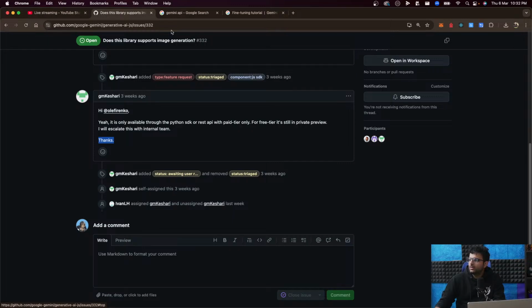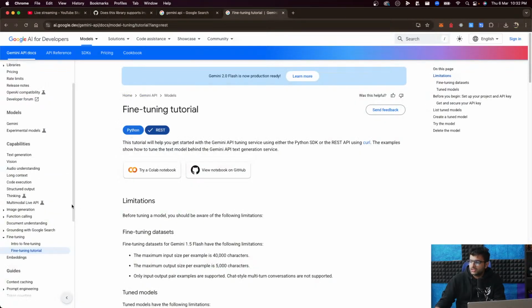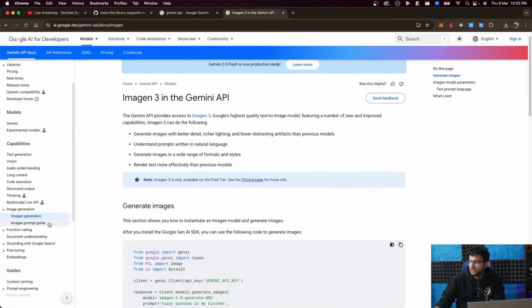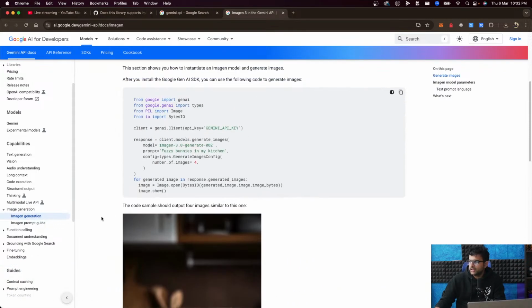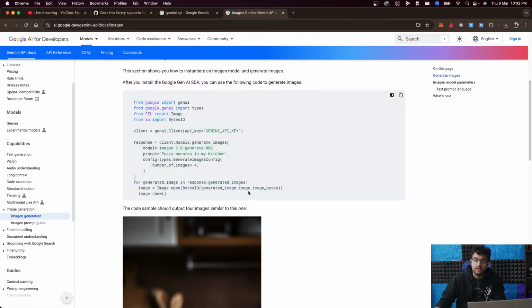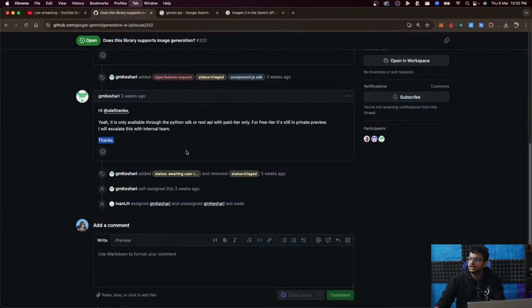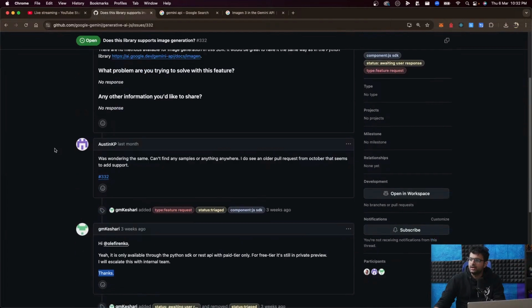They don't support image generation APIs. So if you go to their docs and search for image generation, you will see there is a Python example. There is no Node.js example. What does that tell you? The Node.js SDK doesn't yet support this API. That's mostly because Python is the preferred language. Python is the first one to implement anything. JavaScript is the secondary person here because AI people don't use JavaScript, which is why this is an ignored library generally, and it'll fall behind a lot.